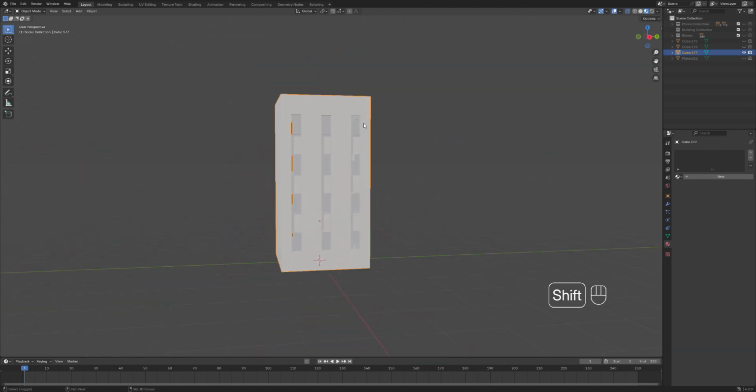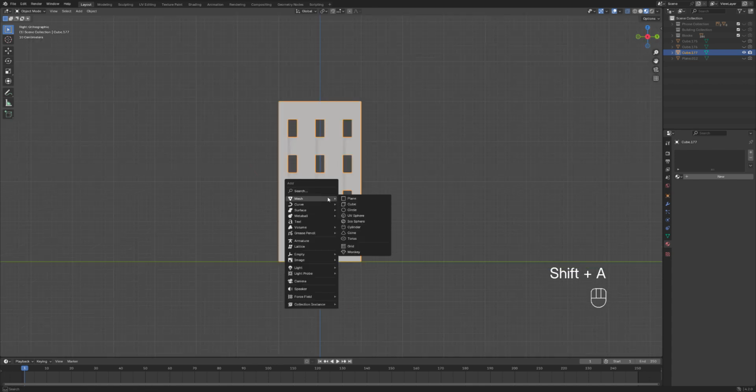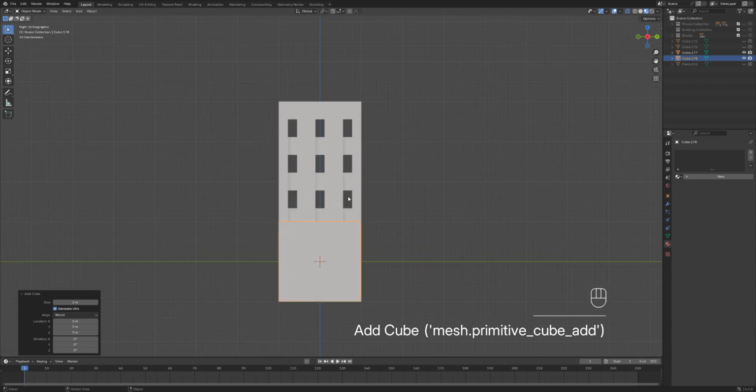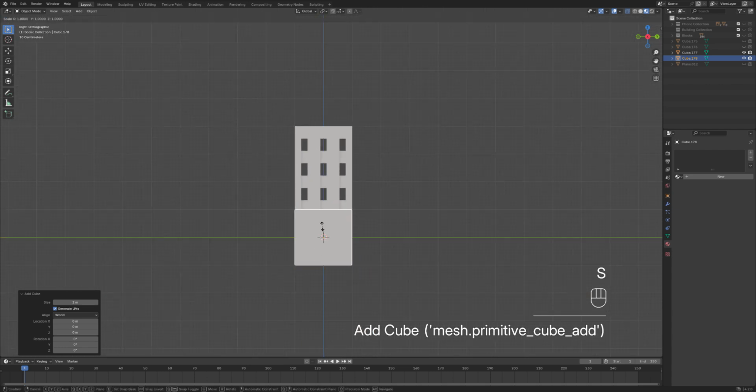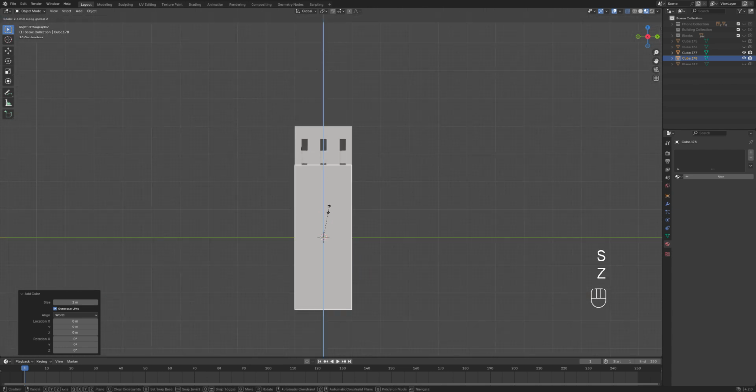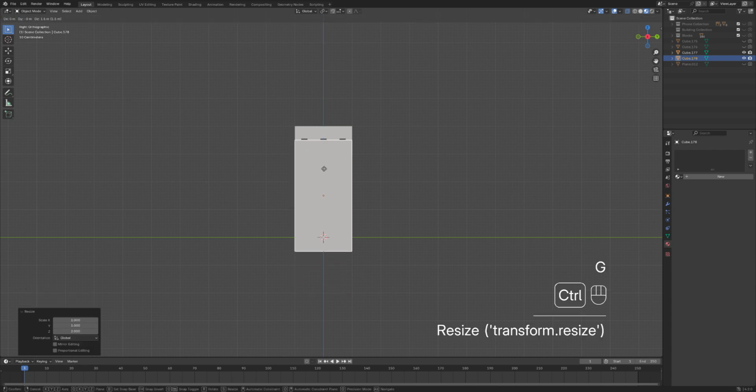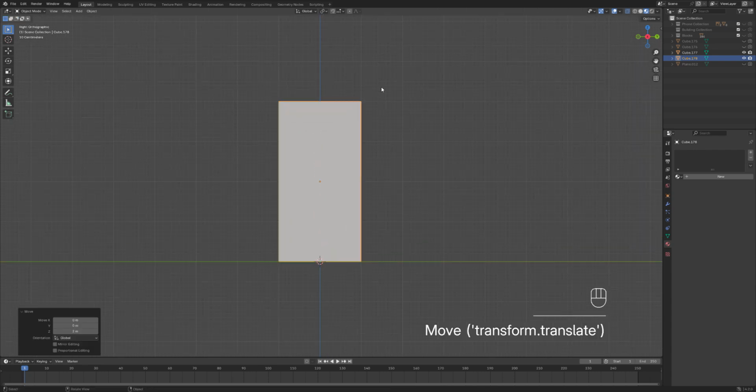So we want to actually add the window color. So press Shift A to add, mesh, and then add another cube. Press S, Z, so scale to make it bigger, and then Z to make it on the up and down axis, then 2 to make it twice as big, and then move it up by pressing G, and then